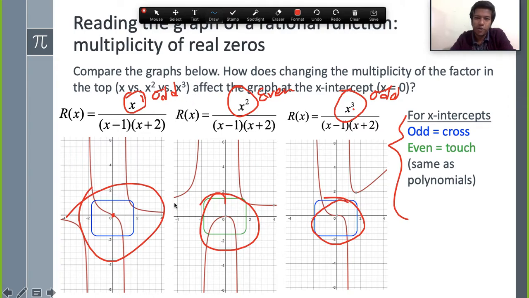Okay, so we can look at the power. If the graph is given, we can look at the graph. If it is cross, then it must be the odd power at that point, odd power of that x. If it is touch, it must be even power there. Okay,